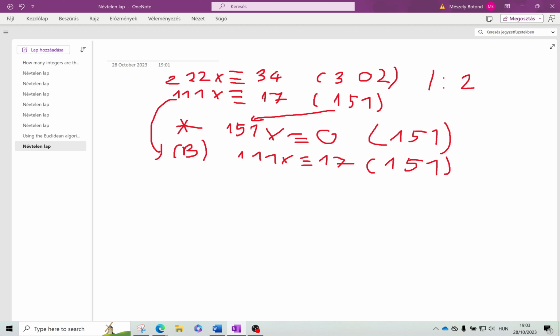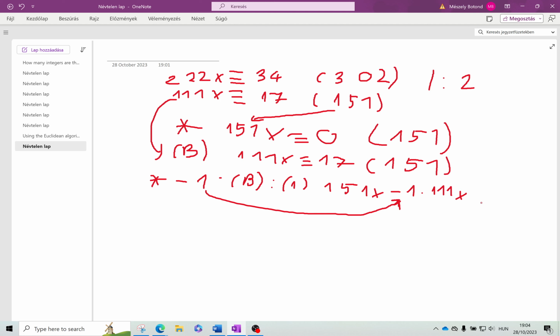So yeah, the modulus times x is always congruent 0. That's what you always write down, and then you continue the algorithm. This time it's x minus 1 times the b. Let's call it 1. And this will be something like 151x minus 1 times b, minus 1 times